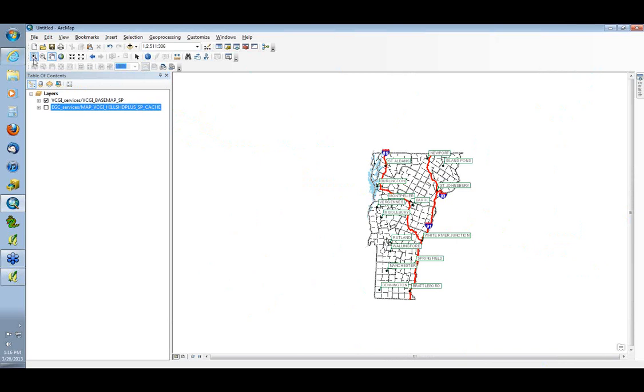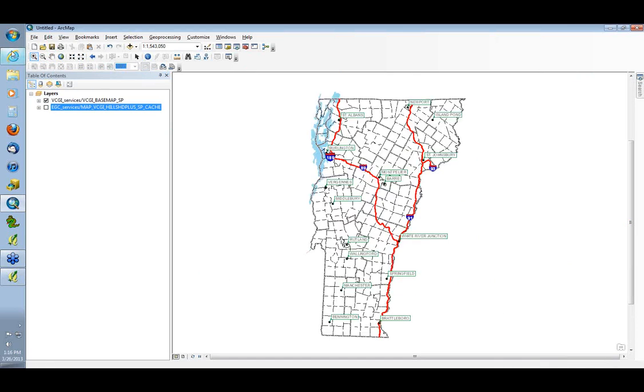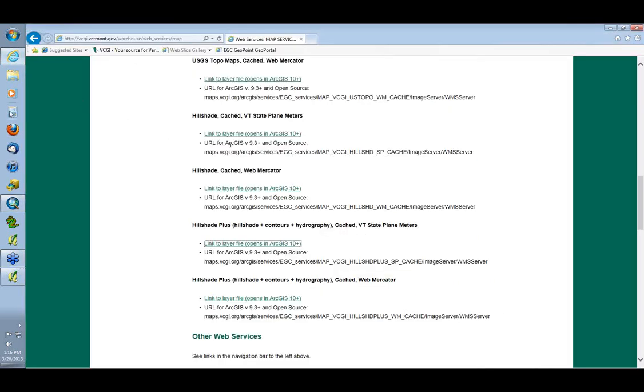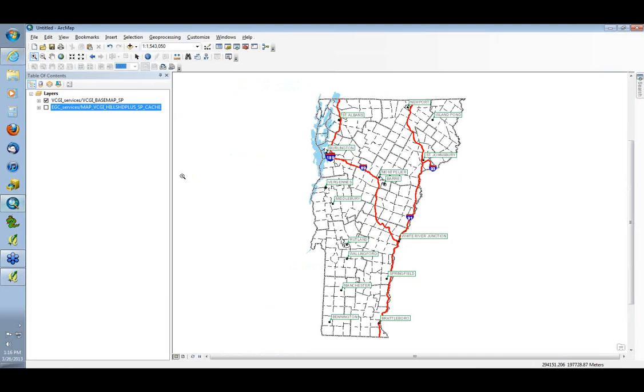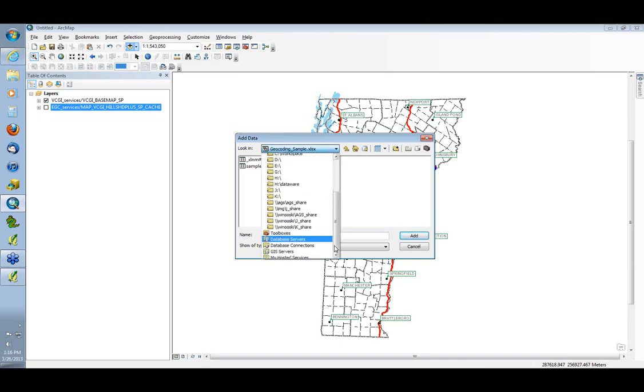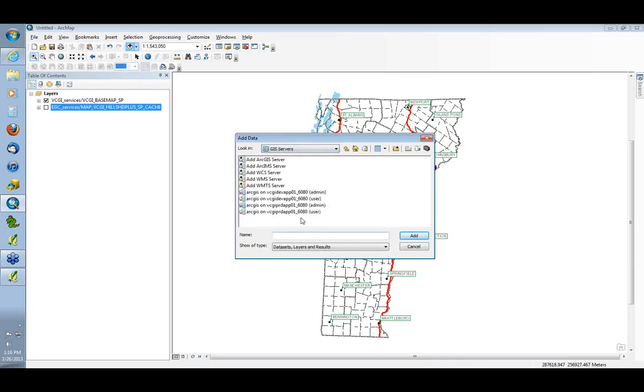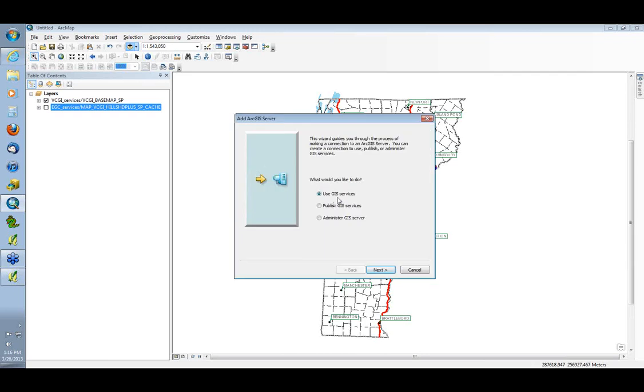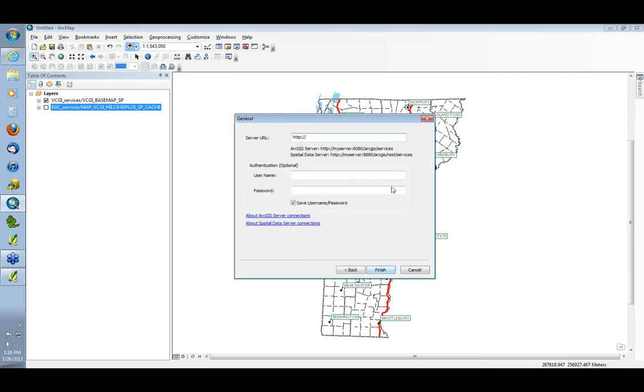Let me show you real quick. Like I said, the easiest way is to go to our website, as I showed you here, and follow the links. But if you want to add it manually, you can add a link to our map server. And let's go there. So if you go in ArcGIS and you go to your GIS servers, you can do an Add ArcGIS Server. You want to choose the Use GIS Services option. And then in there, this is where you would type VCGI's server. So it's